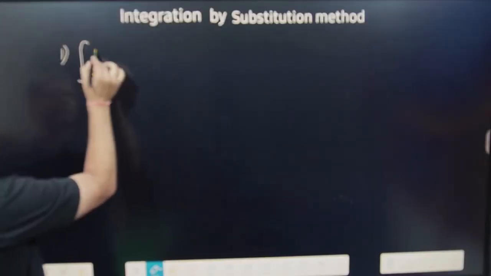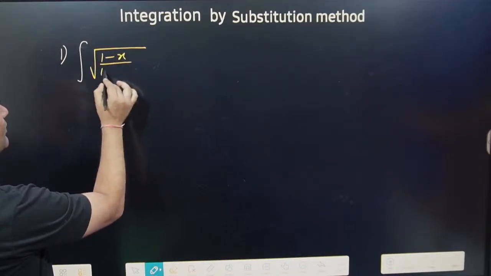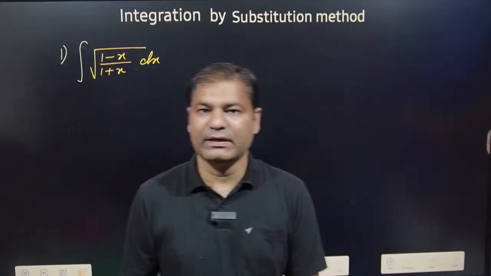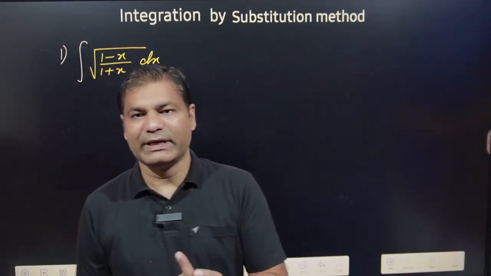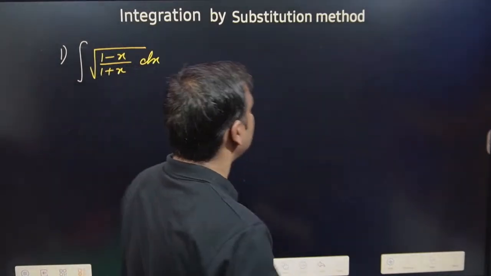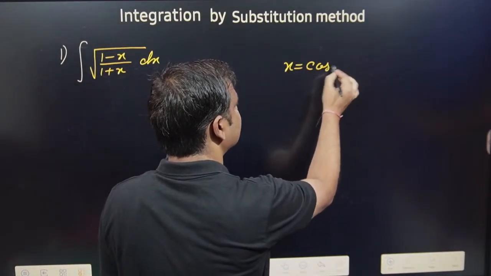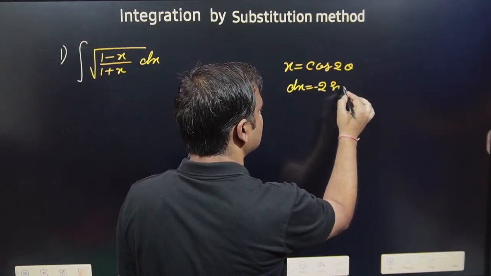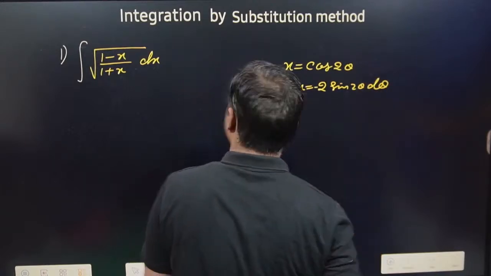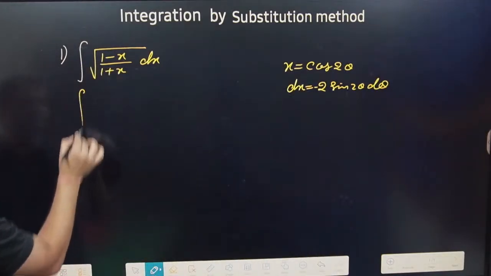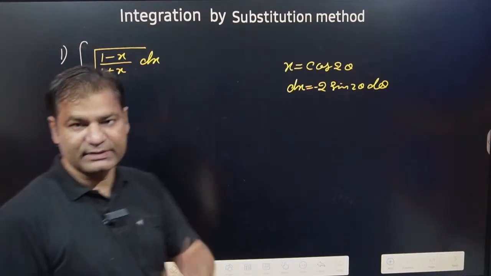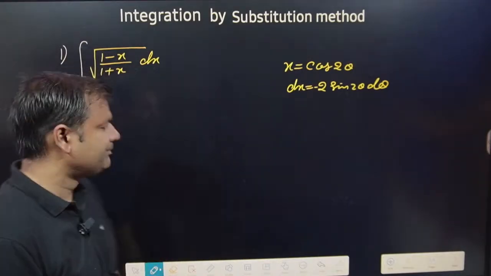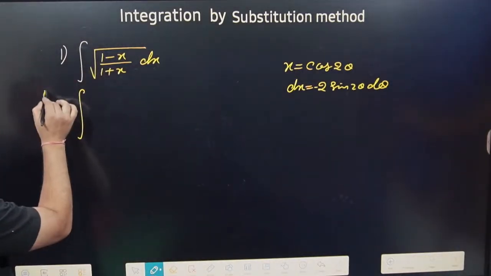Let's say here integration of under root 1 minus x upon 1 plus x dx is given, then how can we solve? Simply, what about a? a is 1. So what about x? x, simply take cos 2 theta. Okay. So dx is replaced to minus 2 sin 2 theta d theta. Okay. You can solve this question by two methods. First one with the help of trigonometry, and second one I will discuss later on. Okay. So method first,